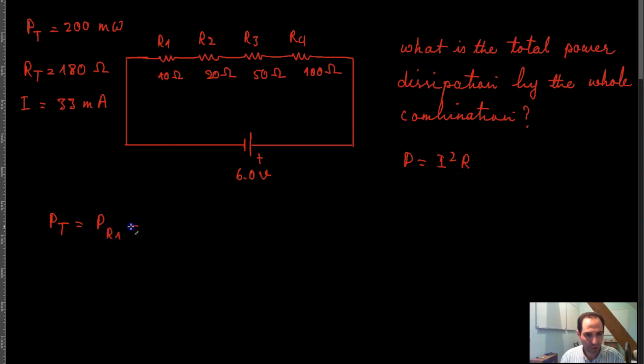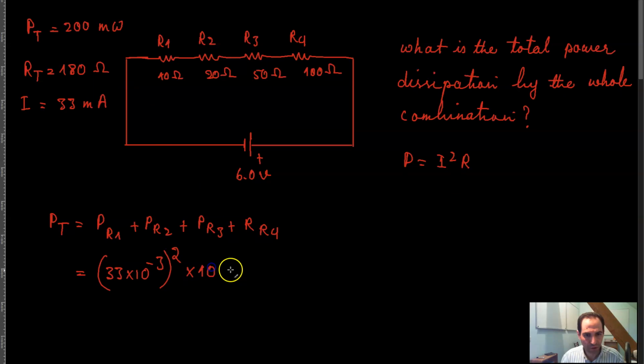P of R1 plus P of R2 plus P of R3 plus P of R4. P of R1 is basically I squared times R1. So I squared is 33 times 10 raised to the power negative 3, raised to the second power, times R1, which is 10,